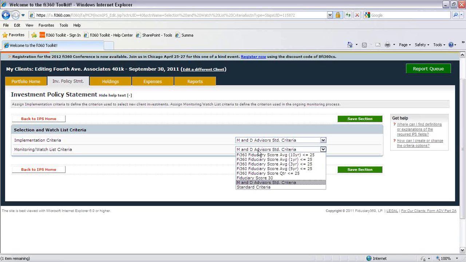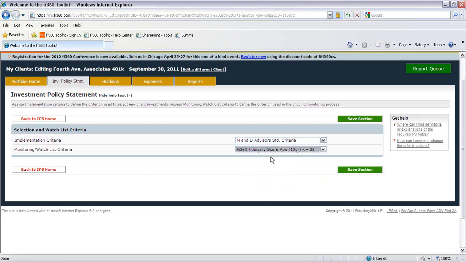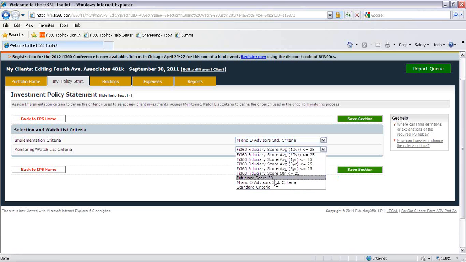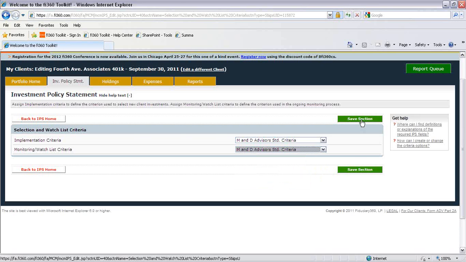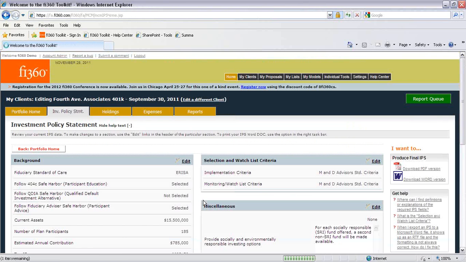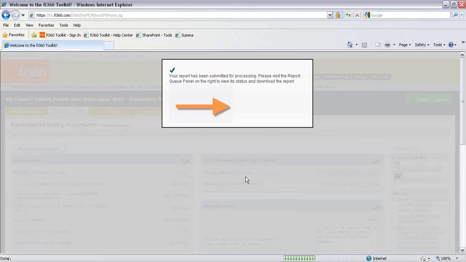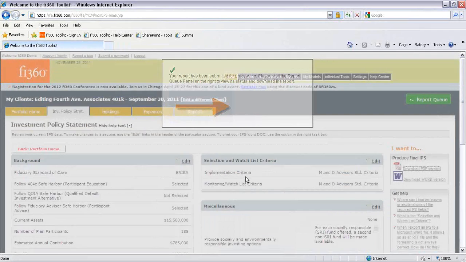So however you choose to do that, we can select our criteria: the default fiduciary score option, my custom fiduciary score option, or my M&D advisor's criteria, and then I'm going to store that in the system for my client. Once I've done that, I can produce an IPS,